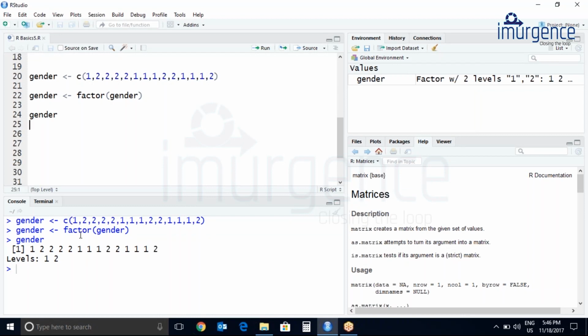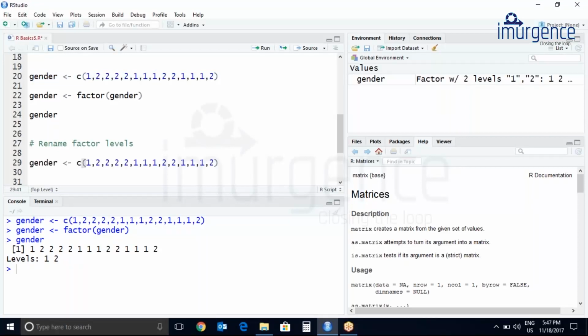But if you want to change these levels, I don't want this to be 1, 2, I want this in terms of male and female, yes, no. So if you want to change it, you can. I'll just use this again. You can create your new data, or you can just copy it over here.